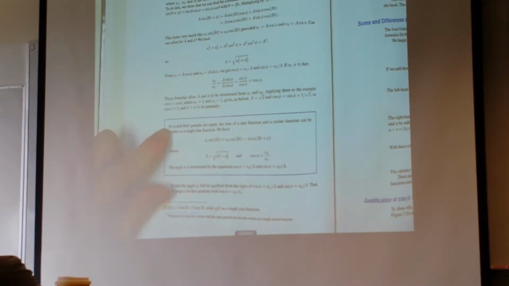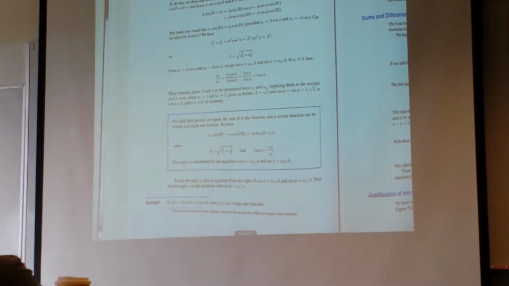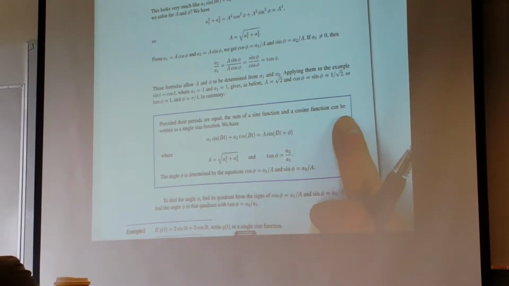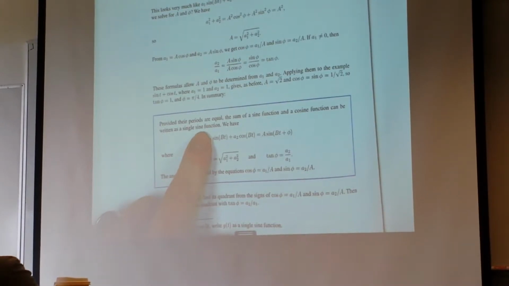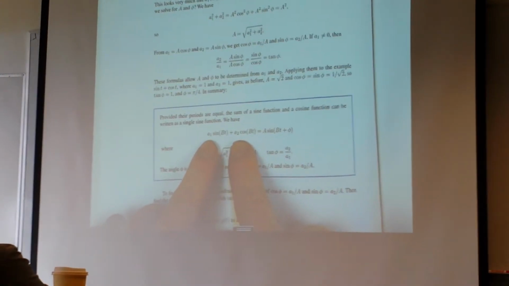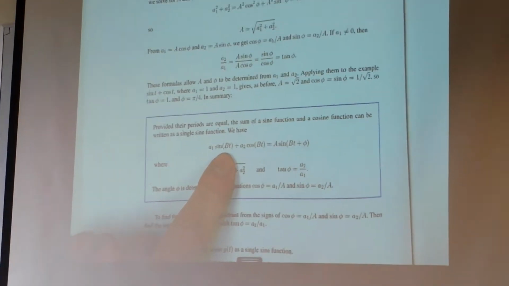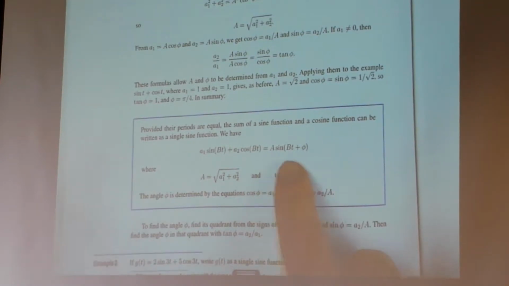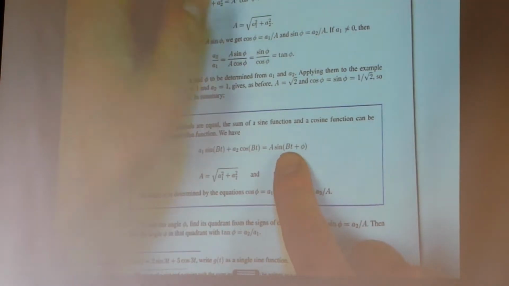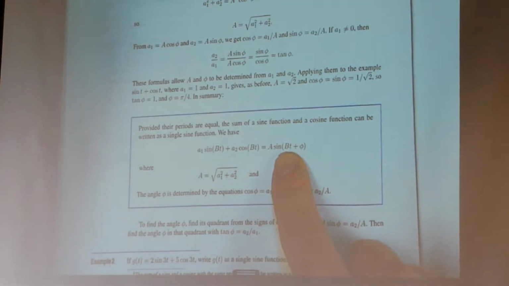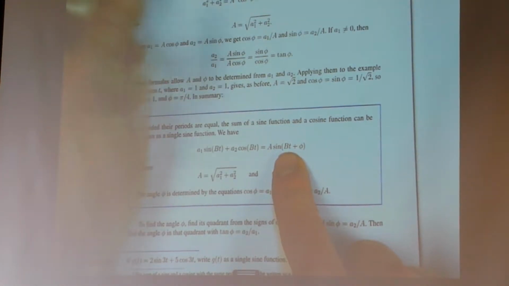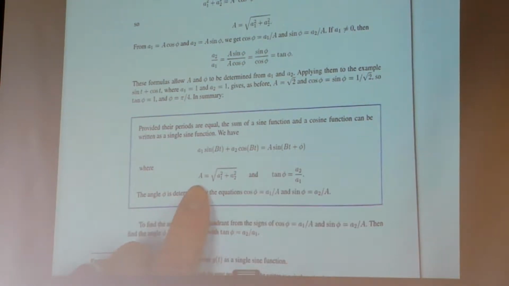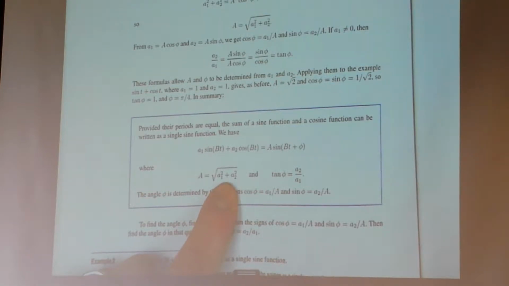So if you look at this, provided their periods are equal, the sum of a sine function and a cosine function can be written as a single sine function or cosine function like the book did. So you have A1 sine beta t, we just call it omega, plus A2 cosine beta t. Then you could write it as a single sine function. It involves the sine of a sum, all that. Anyway, the amplitude of the new function turns out to be the square root of the sum of the squares